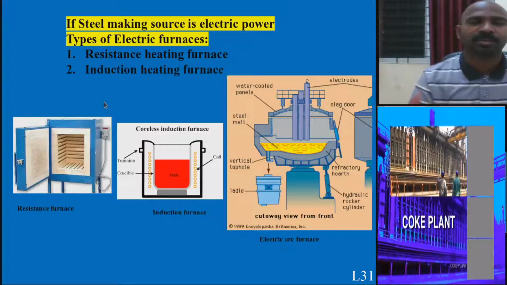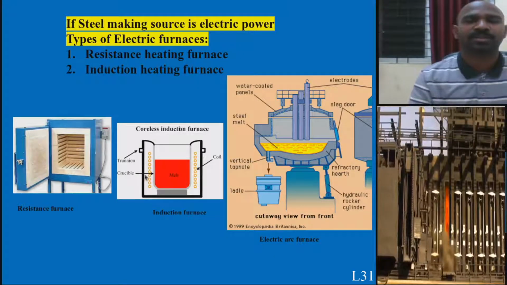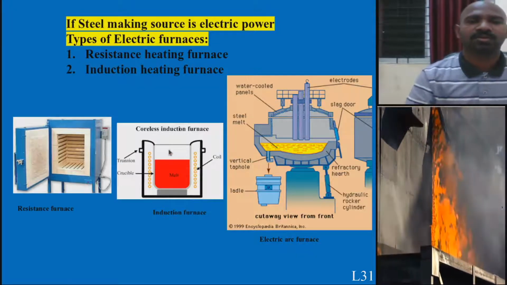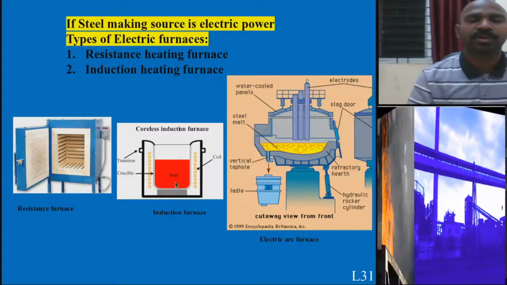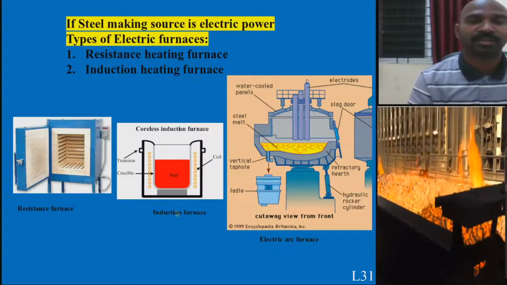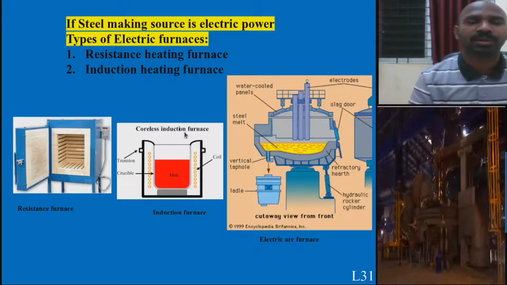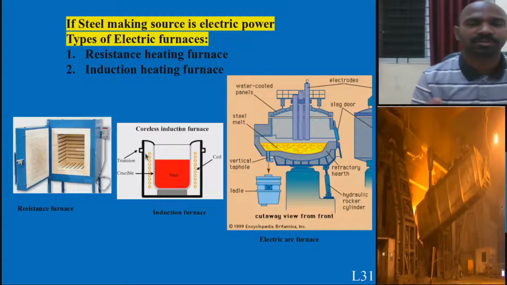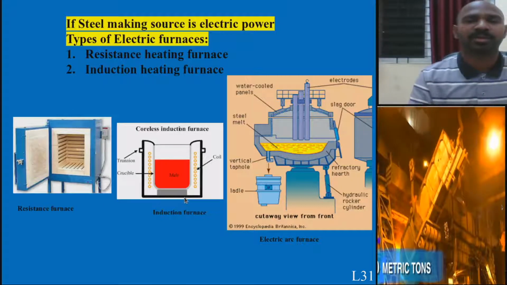The second one is the induction heating furnace. In the coils, heat is induced by the Joule heating method. The crucible in between this heating coil gets heated up and melts the material. It takes a very long time and only limited capacity can be achieved. Small scale industries prefer to use induction furnaces. There are cored furnaces and coreless furnaces, where the thickness of the core is less. Both are in practice.